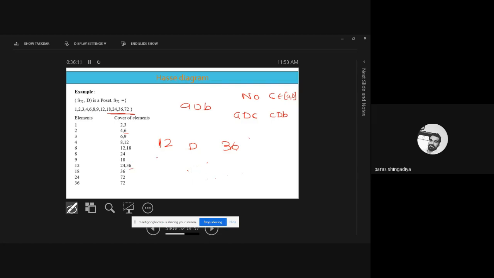So 36 is also an answer, and for 72 we'll get one of the entries which is a counter example of C. So 72 is not an answer. 24 and 36, and for 18 you have three choices: 24, 36, and 72. So 24 is not a related answer. Only one, 36. Clear? 12 divides 36, 18 divides 36, and for 24 it will be 72, and for 36 it will be 72, and for 72 there is no such answer. So these are the cover elements for 72, and this is the Hasse diagram.